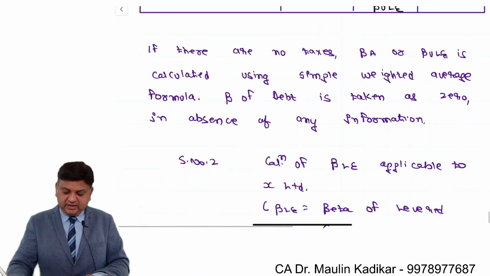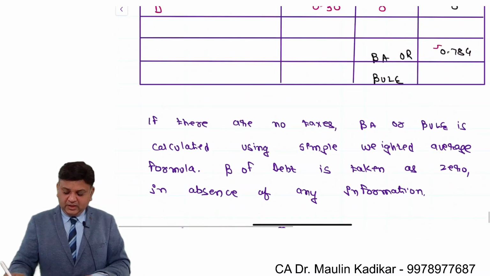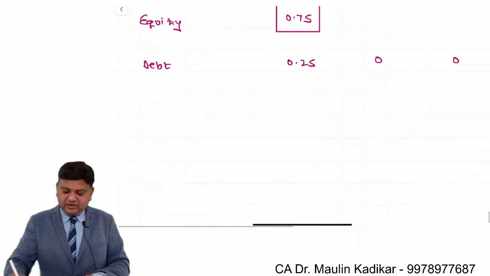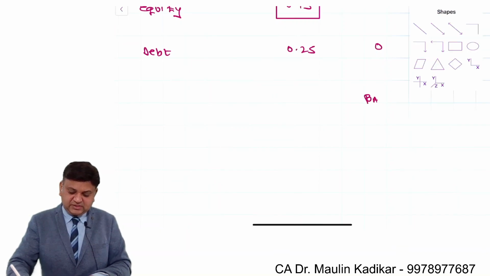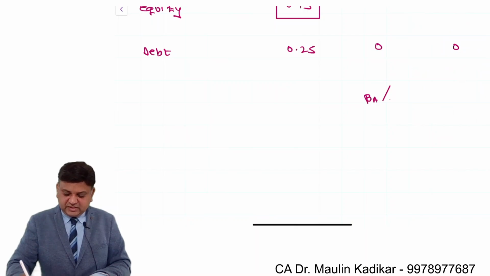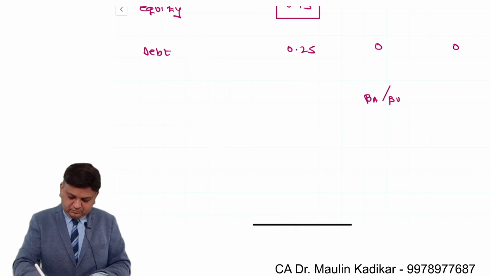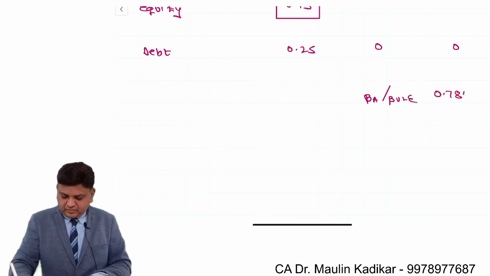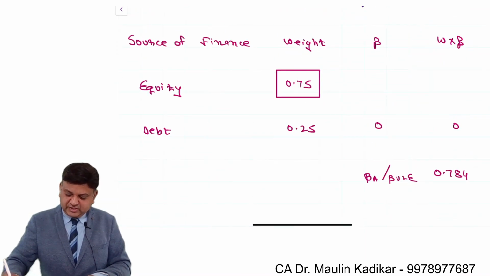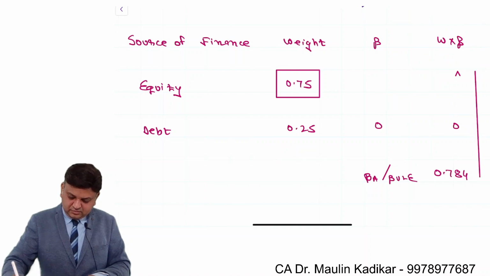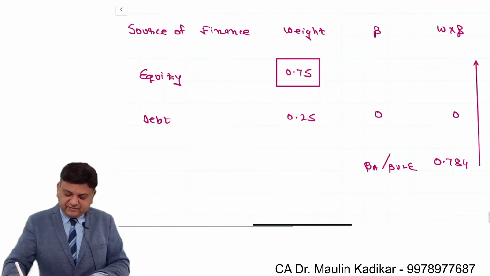Importantly, friends, we understand beta of the asset will be 0.784 in a way that say this is going to remain same for all the companies which are doing that business. So beta of asset or beta of unlevered equity is 0.784. So this will be found as balancing figure 0.784,